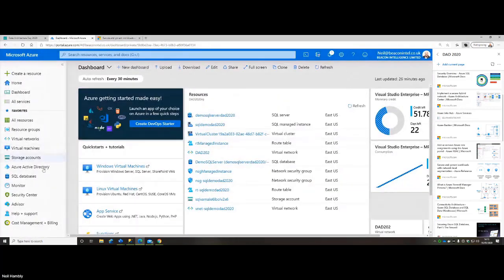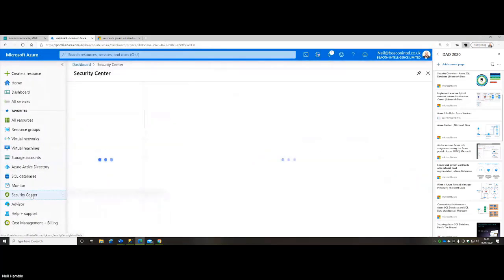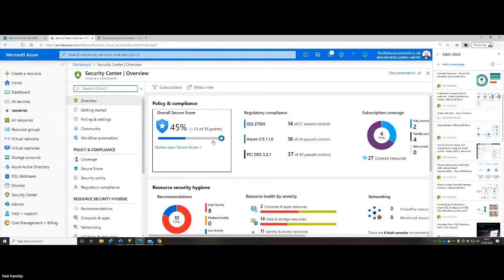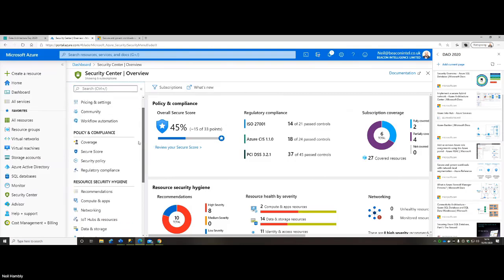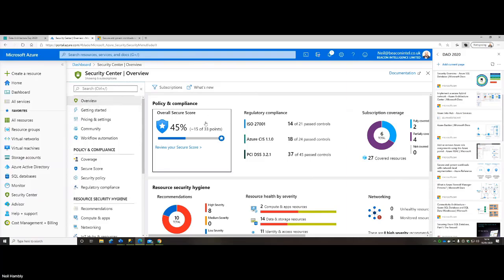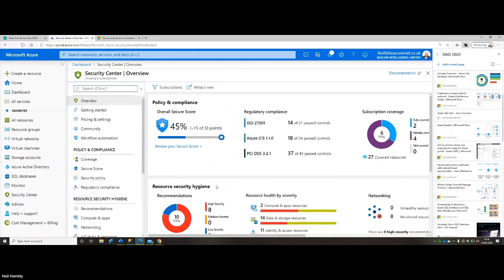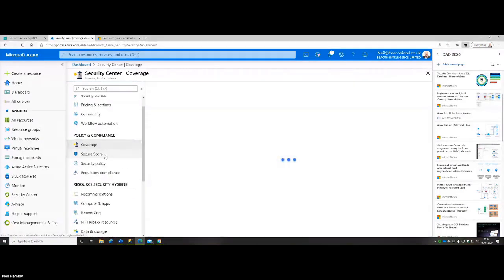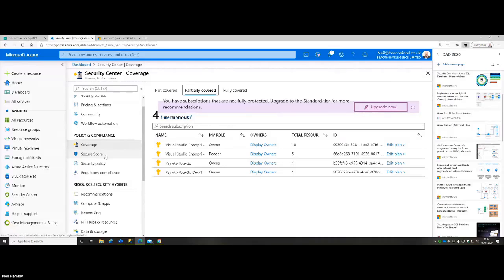So what I'm going to do is show you something called the Security Center. This is where I'd probably go and set up all my monitoring and my security. So I can definitely hone down what my environments are and what I'm monitoring to what level. If I come into this service, I have some overview. I can see all my different services. One of the things I'm going to scroll down to is my secure score, my different subscriptions I have.